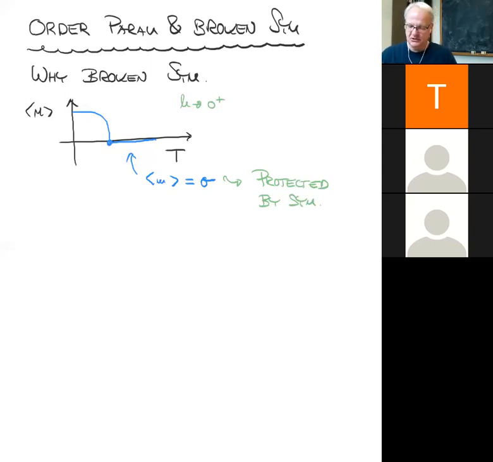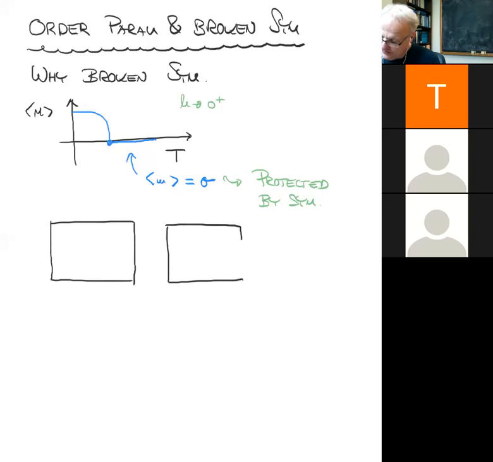Since there's nothing in the Hamiltonian that distinguishes up and down, it's not possible for the magnetization to be non-zero, because if it were non-zero, it would have to have a definite sign. Okay, so that was the sort of argument we started to go over last time in the case of a continuous spin, that if I imagine that I have some kind of lattice of spins,